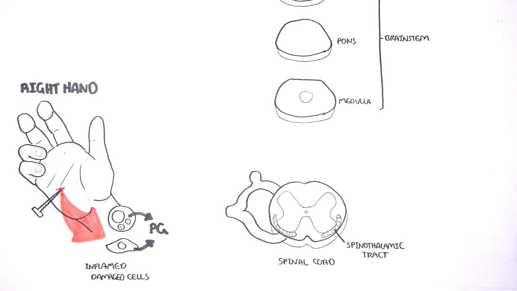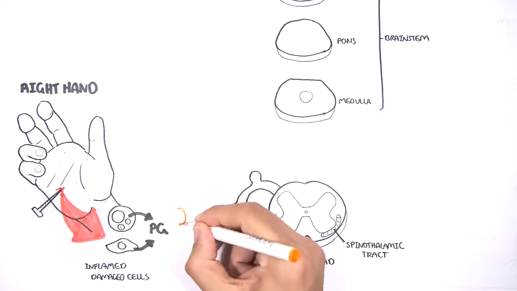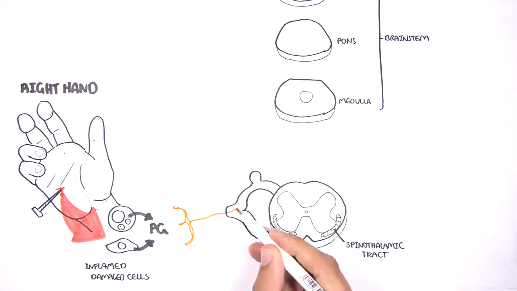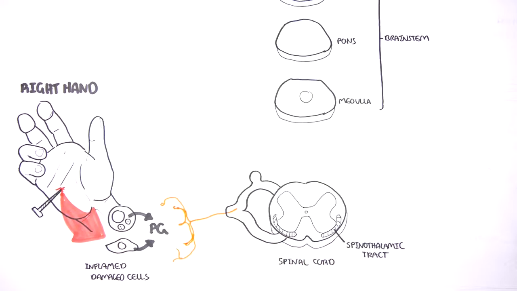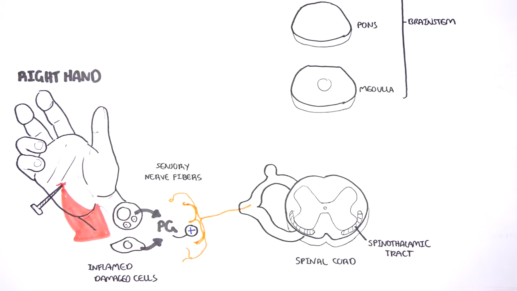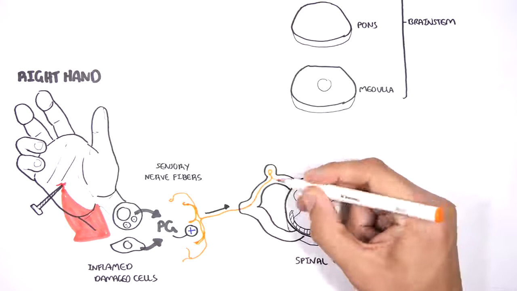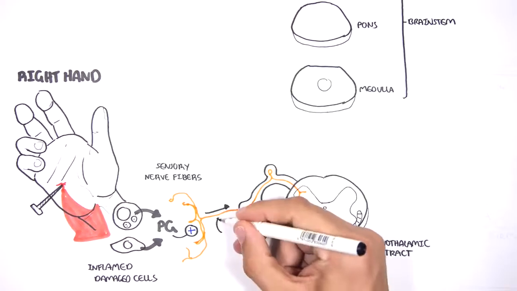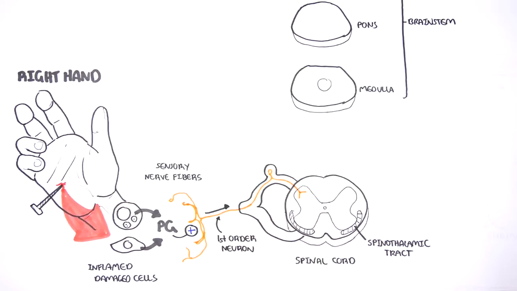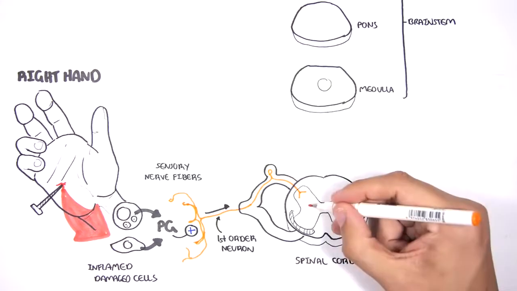Prostaglandins are produced by nearly all cells, typically as a response to inflammation. Sensory nerve fibers exist all over our body. These sensory nerve fibers will respond to prostaglandins and will carry the signal or impulse to the back of the spinal cord, or the dorsal horn of the spinal cord. This neuron is a first-order neuron. Within the dorsal horn of the spinal cord, the first-order neuron will synapse and relay this signal, this impulse, to